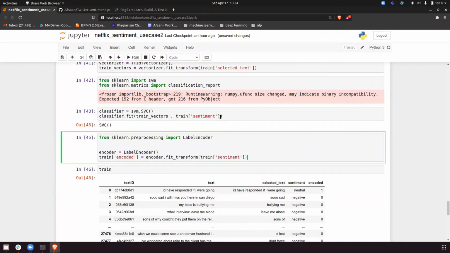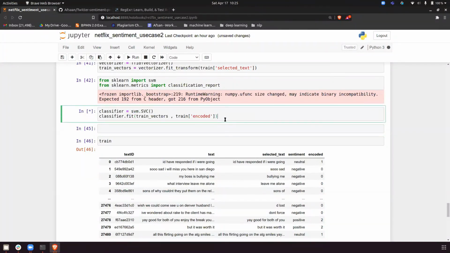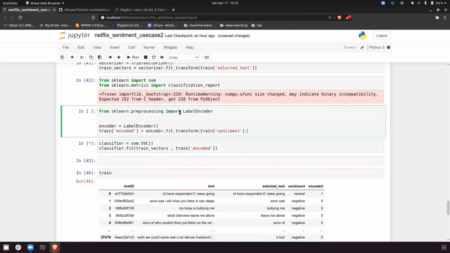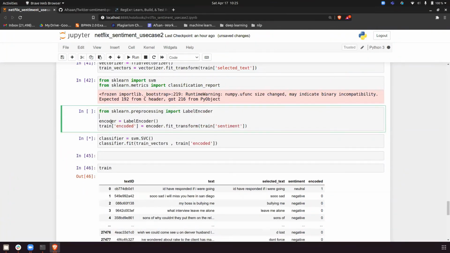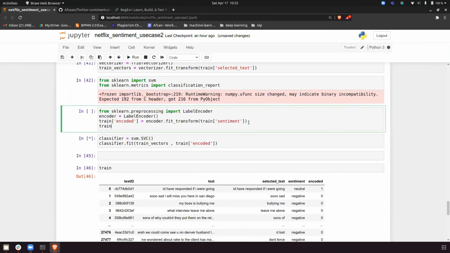If in place of sentiment you use encoded and run this, that way also you can do, this label encoder way also you can do. You can go with whichever you think is better. Okay, this is label encoder. If you want to see the unique values, train encoded dot unique.